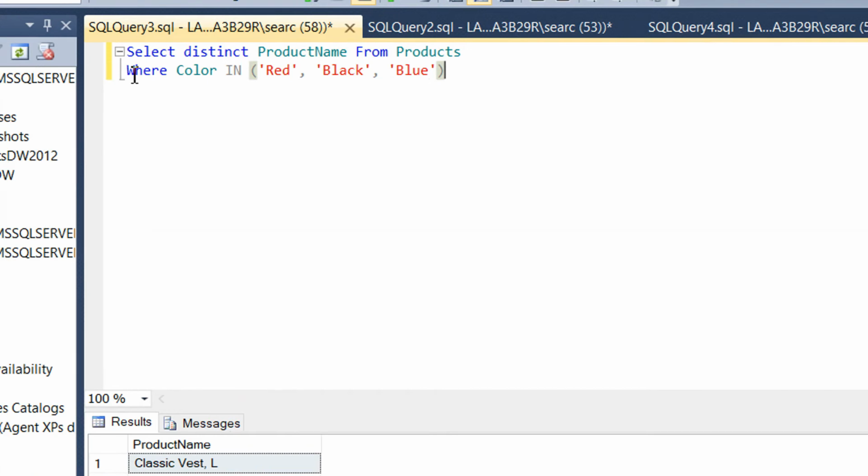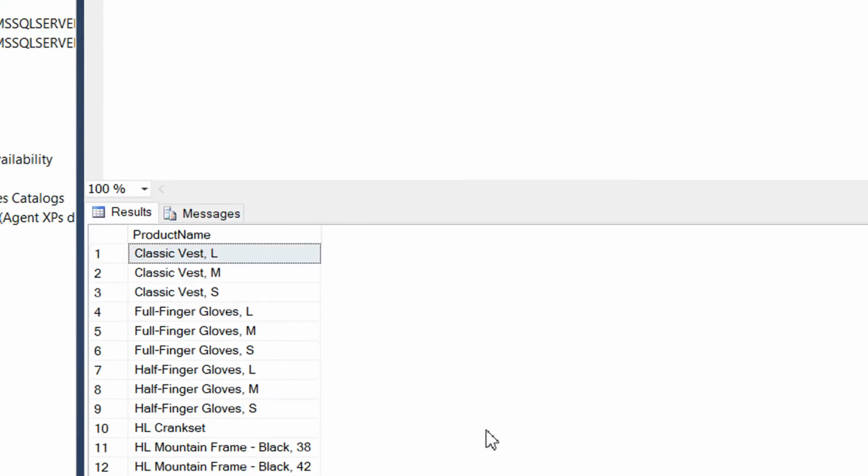So we need to get the same IN operator functionality in DAX.